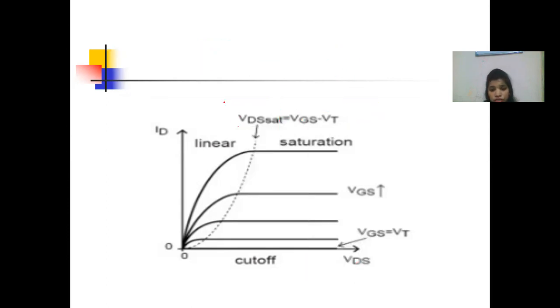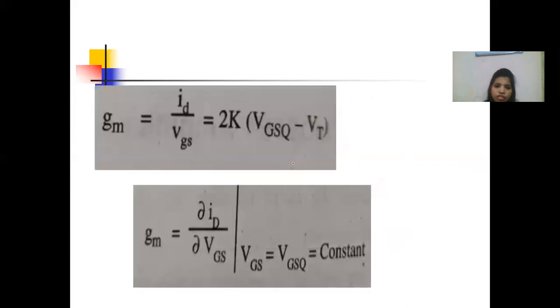So if you see the figure, in the BJT this cutoff region is the same, but this region was your active region and this region was your saturation region. But in MOSFET, it is opposite. In MOSFET, this is your saturation region, this is your active region. So keep this in mind: this region is for amplification, which is the active region for BJT and the saturation region for MOSFET. So that is MOSFET as an amplifier.